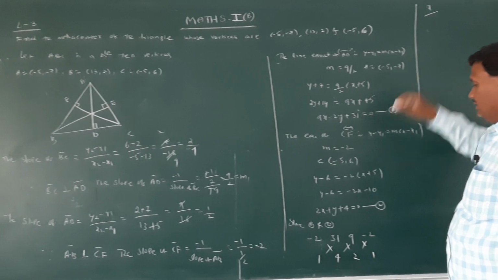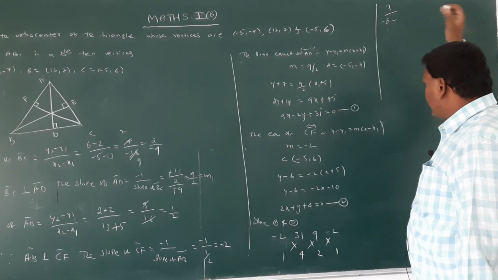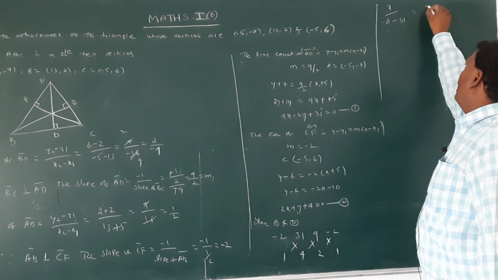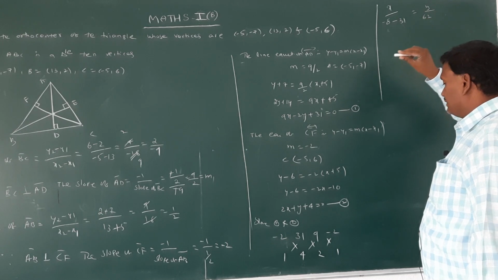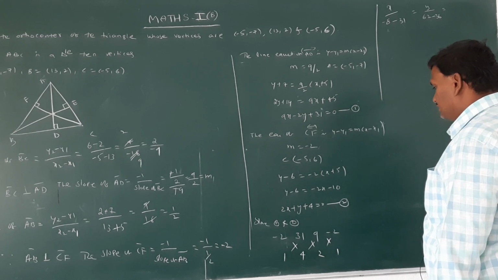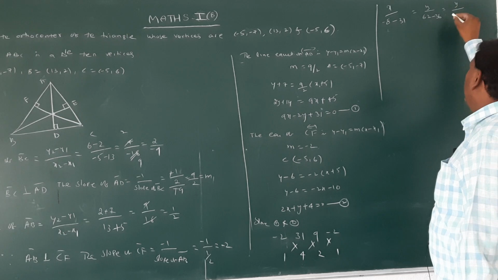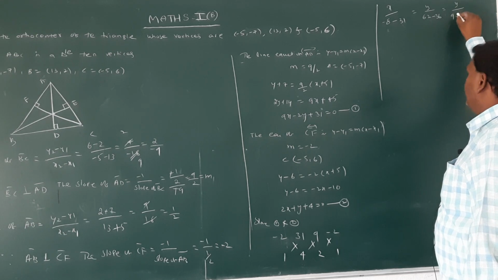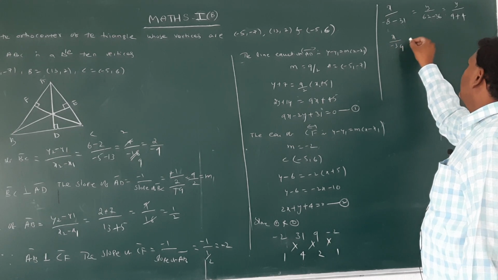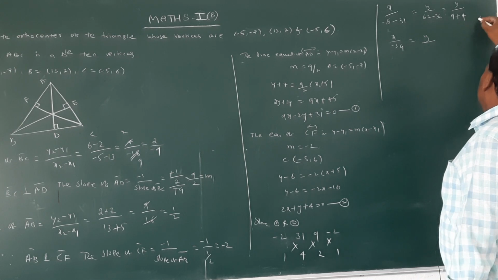x by 2 into 4, 8, plus minus 31 into 31, so that is 2 into 4 is 8 plus 31, which is 39, and for y, 9 into 4 is 36 minus 2 into 31, which is 62. So x by minus 39, y by 62 minus 36, which is 26.